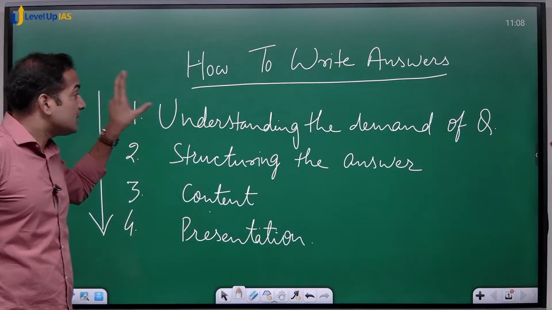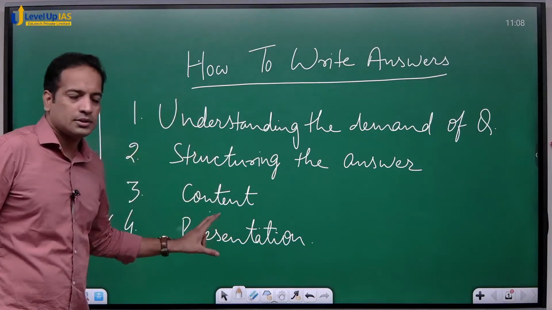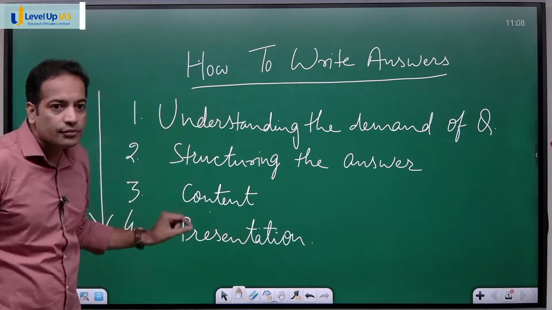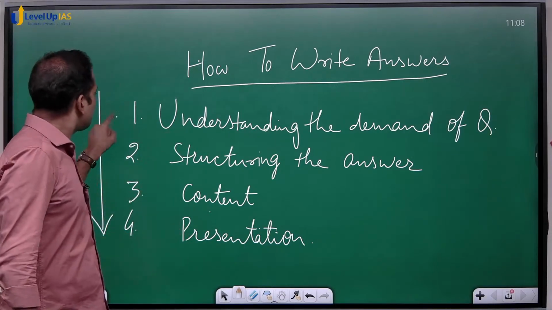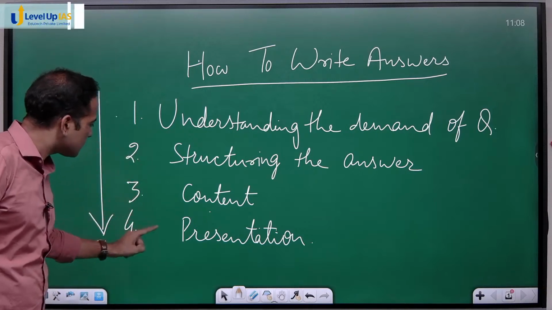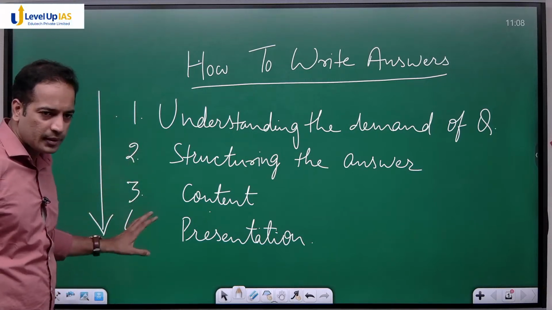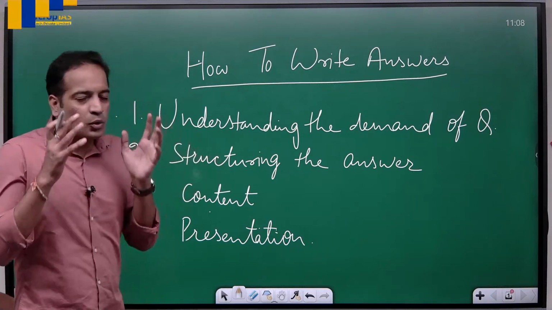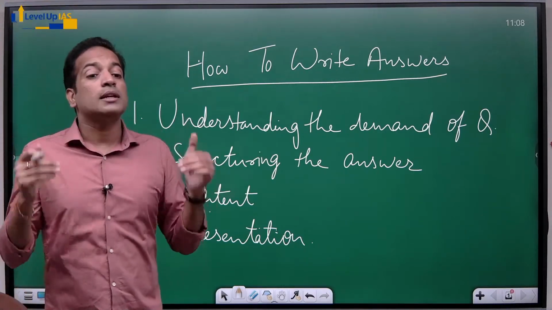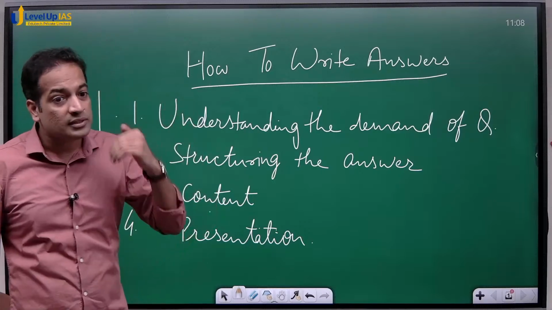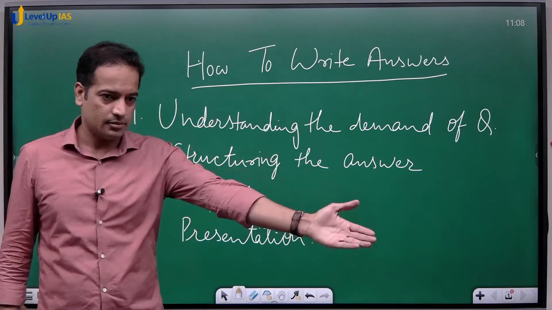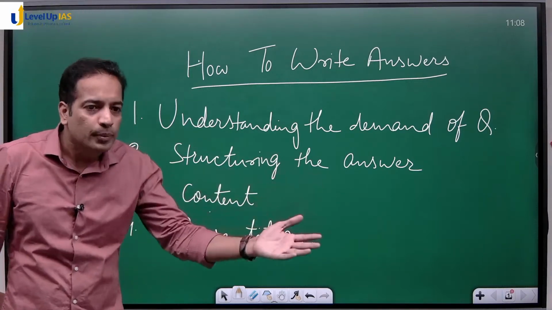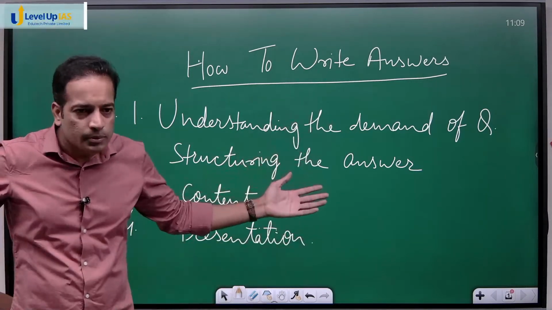And there is a specific chronology. It's not like I have written it anyhow. There is a specific chronology. Why is this the first point, this the second, this the third, and this the fourth one? I will be discussing that. Okay. So you see, your content is the material that you have and you want to present that to the examiner, right? But unless you know what to present, because your basket has got this much amount of content,